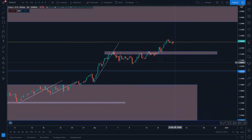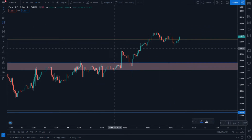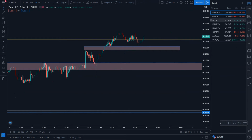But yeah, if that doesn't happen, then we have this 4-hour level of support there. And if we go down to the 1 hour, we have something in this area just here. Okay, yeah, so we'll quickly move on to